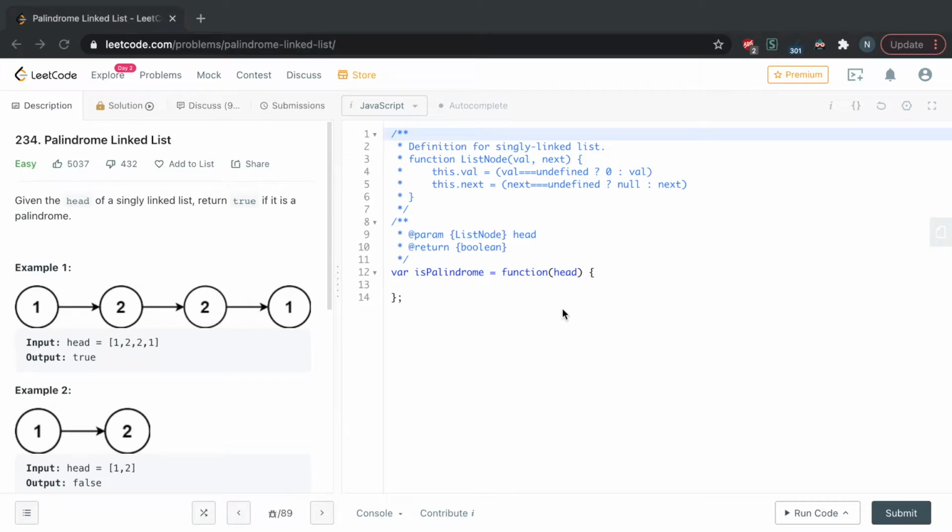Hi, today we'll go over the palindrome linked list problem. The problem statement is, given the head of a singly linked list, return true if it is a palindrome. I will go over two solutions. The first solution will be based on a stack, and the second solution will be the optimal linear time, constant